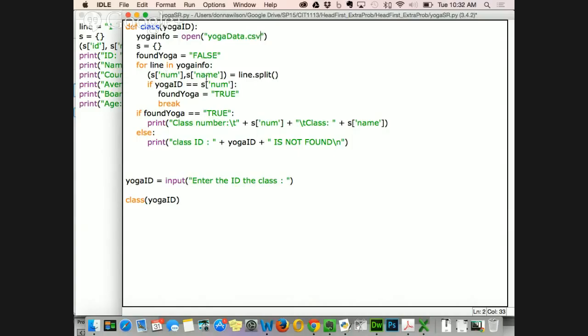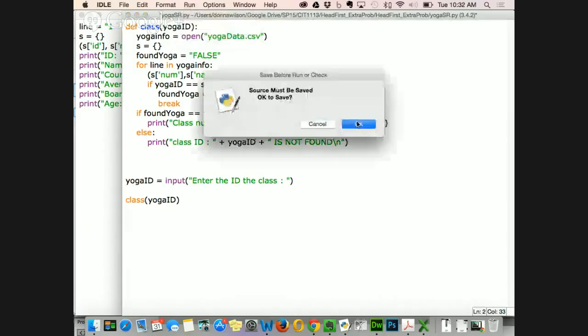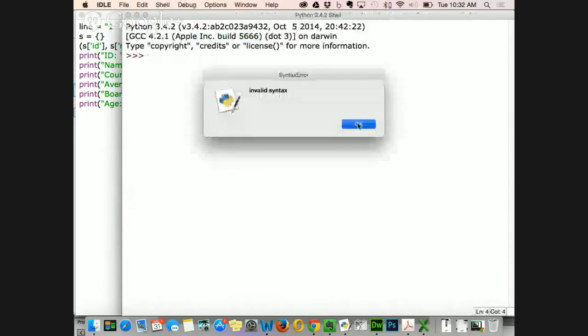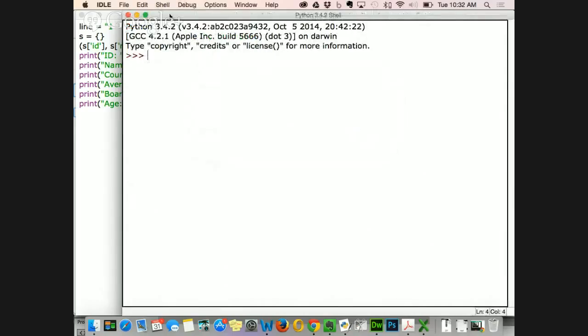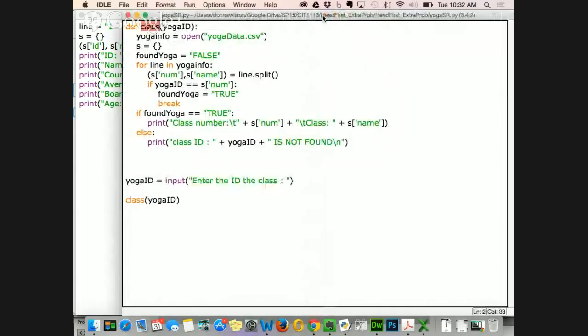So does anything need to change? I don't think we have to change anything other than the kind of file it reads in. Yoga ID, let's see if that works. Oops, yeah, it doesn't like something. Class, I must have defined class. Oh, that's probably why you didn't use class, because that's a keyword, right? Yeah. Okay, see how it's orange down here? So it's not going to let us use class. That's why he used